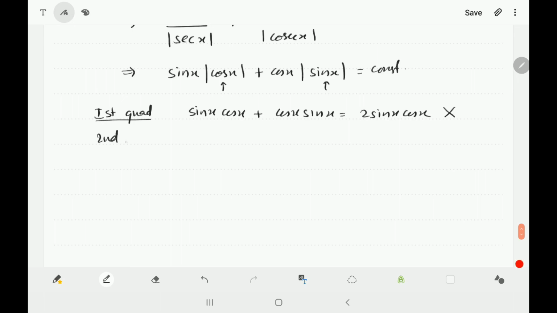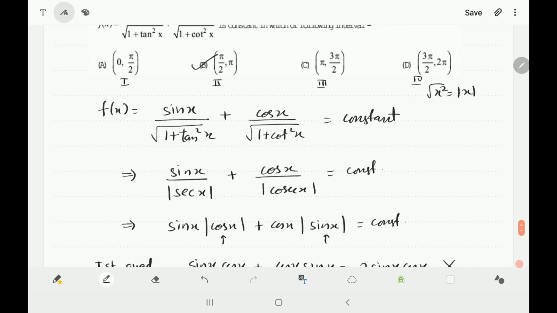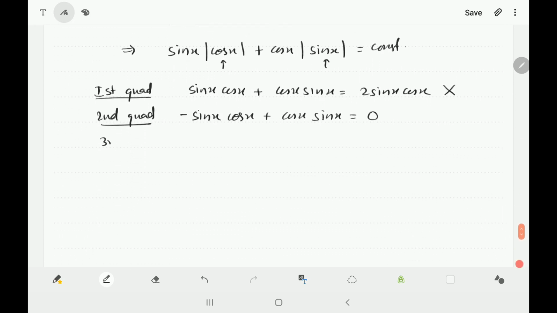Now let's check second quadrant. For second quadrant, you already know that cos x will open up in negative cos x, because cos x is negative. So this mod will open up in minus cos x, and sin x is positive, so it will open up in sin x. So this term will be 0. So second quadrant will be in the answer. Okay, now let's move on to third quadrant. So in third quadrant, sin and cos both will be negative. So it will open up as sin x cos x with negative sign minus cos x sin x with negative sign. So it will be minus 2 sin x cos x, which is again dependent on x, so it won't be answer.